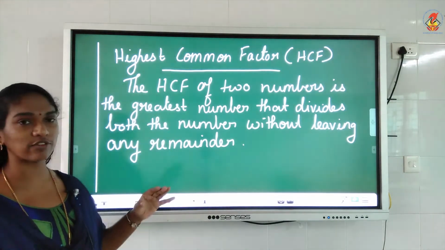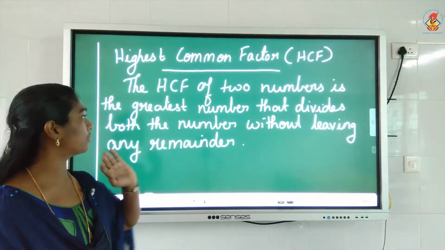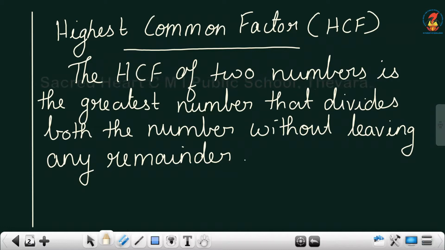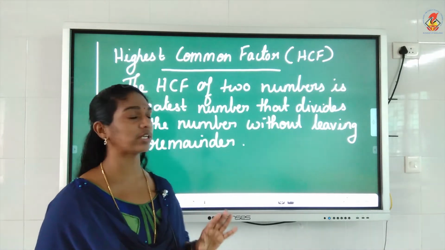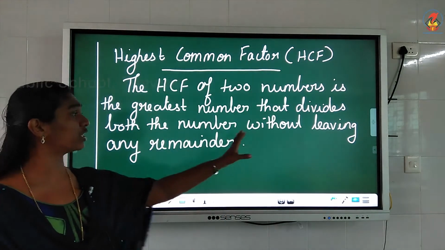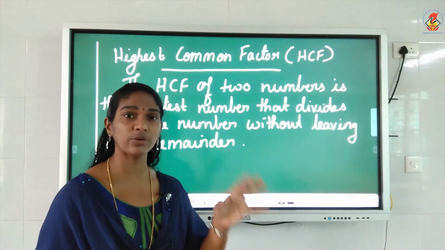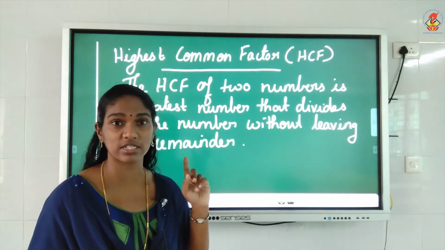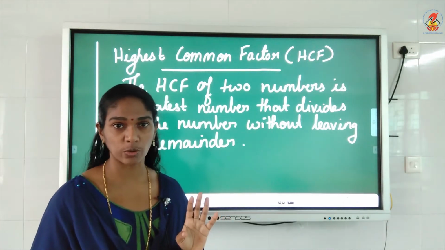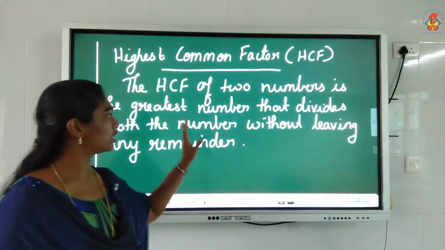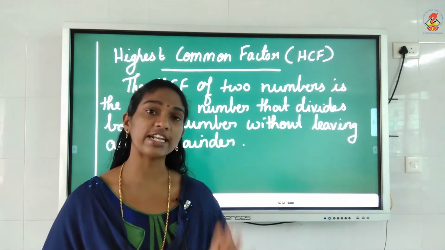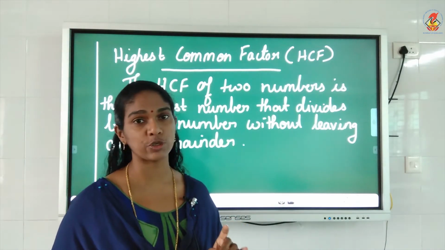So, as a definition they have given you, what is HCF? HCF of two numbers is the greatest of all the common factors. You will find common factors, and in that, take the greatest. Which one is greatest? That you will take. It is the greatest number that divides both the numbers without leaving any remainder. That is, when you take the highest common factor and divide the two numbers given in the question by it, your remainder will be 0. Okay, so that is the definition of HCF. Just have to know what is HCF. HCF is the highest common factor, the greatest of all the common factors that you have found out.